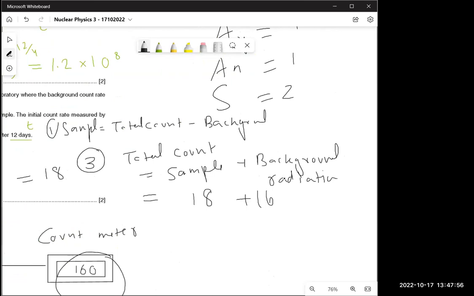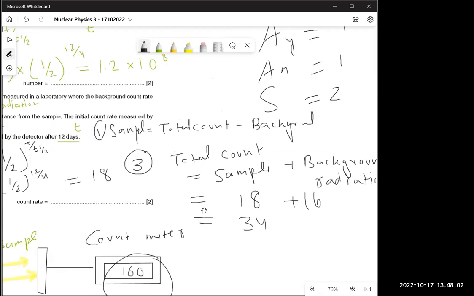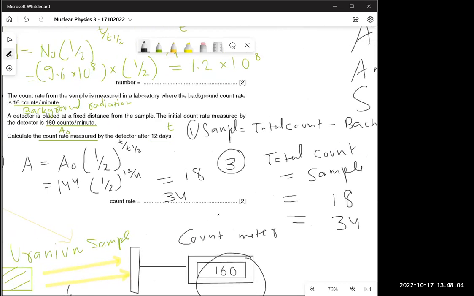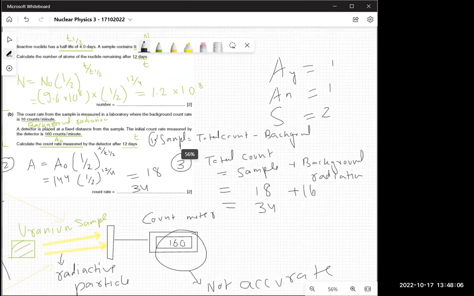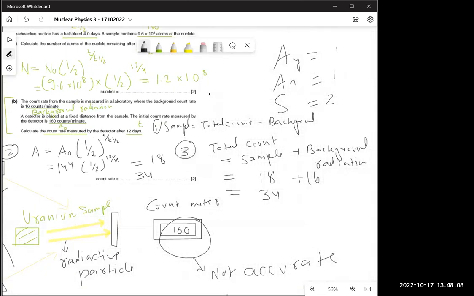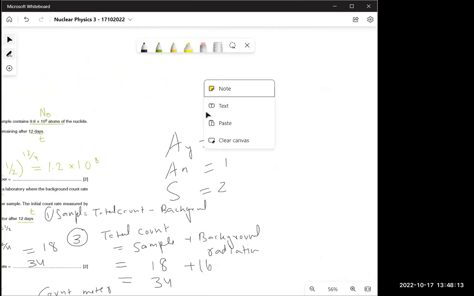Background radiation does not change. So at the end, to find the total count, we'll have to add these two back. And the answer is 34. All right. Now do one thing, write the question as this. Write these in the question. So the question is going to be this. Finding